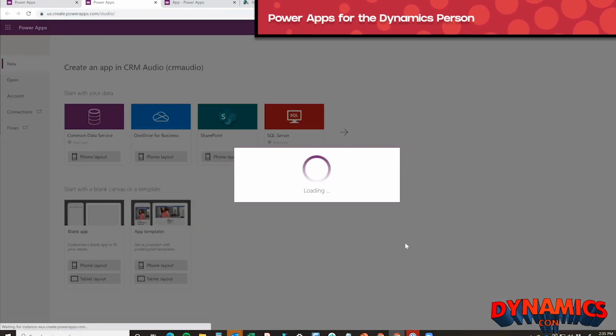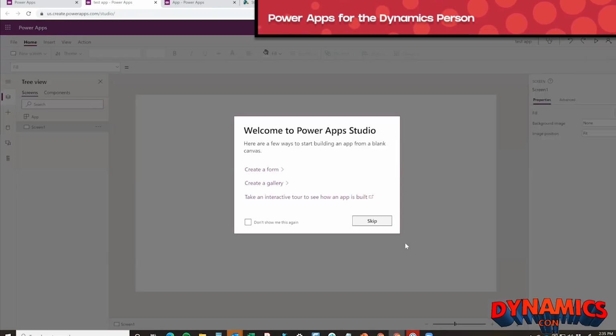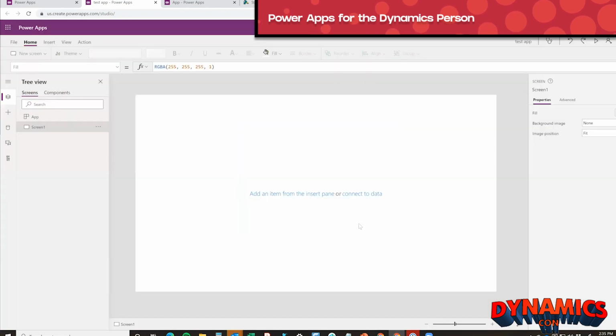You're now presented with a blank canvas on which you can lay out whatever you want. First of all, I have to give it a data source, so let's go ahead and do the same account entity here. Now that I've done that, I want to put together some kind of display.